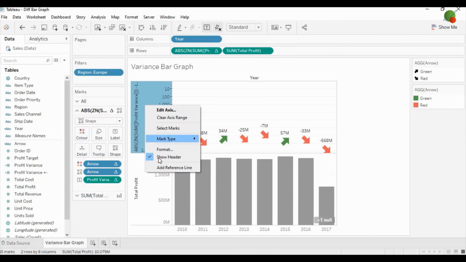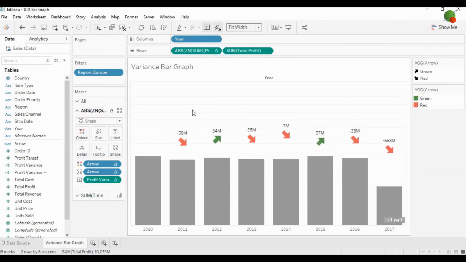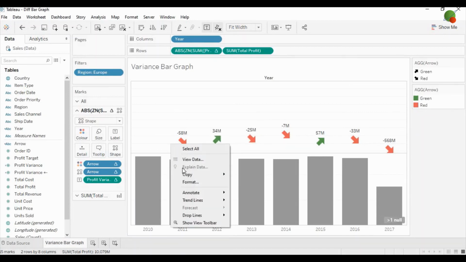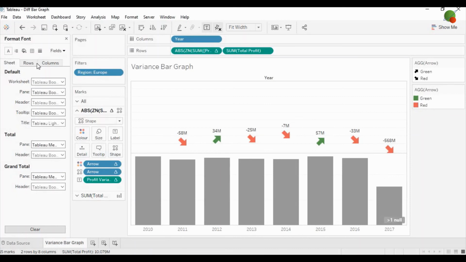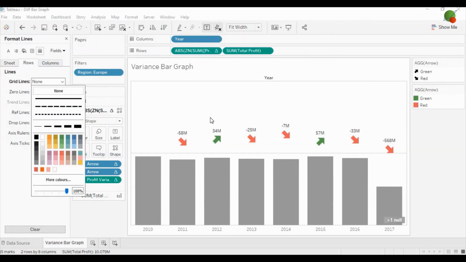Now you can hide the header and you can increase the size of the chart width, and you can click on the format, and then from the format you can go to the format lines, and from the rows you can select none, so you can see the line will disappear.